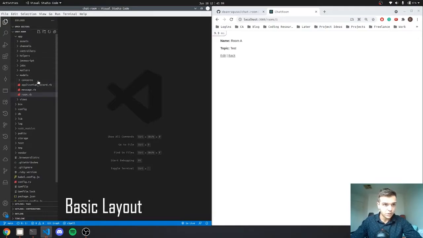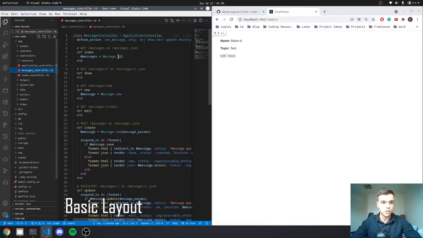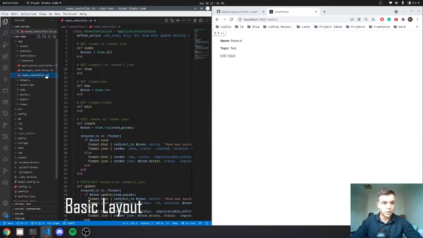The reason we generated the scaffold is because this just simplifies it, right? We can go to our app, our controllers, our messages controller, and look at how it indexes the messages. It goes messages, message all. Well, we just need messages, right? We can go to our rooms controller, show,